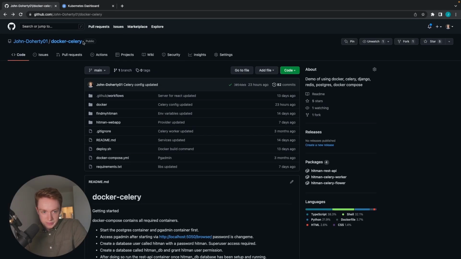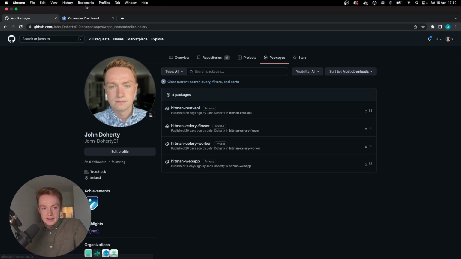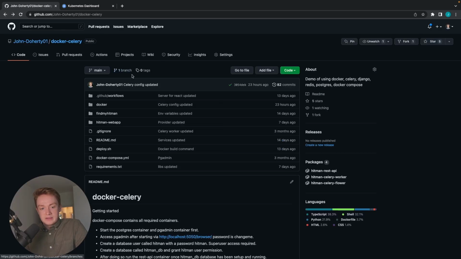So I have a repository called Docker Celery, and with Docker Celery, there's 4 packages that you can see listed here. These packages are Docker images: a Docker image built for the REST API, a Docker image built for Celery Flower, a Docker image for the Celery worker, and then a Docker image for the React web application. So each time I push to my main branch on GitHub, what will happen is GitHub Actions